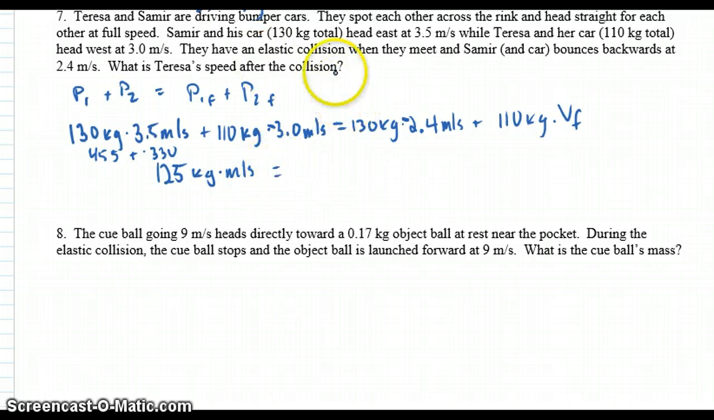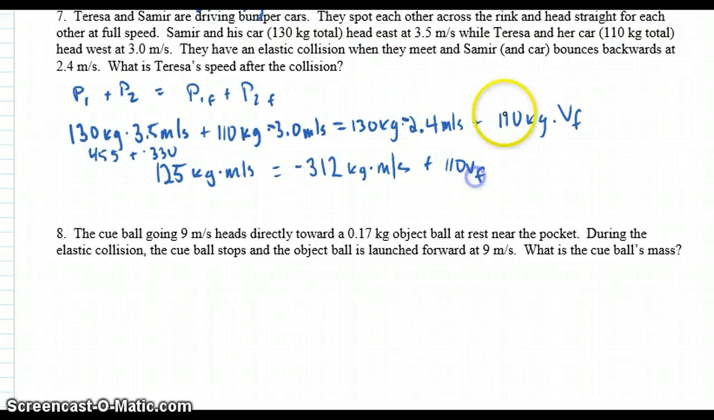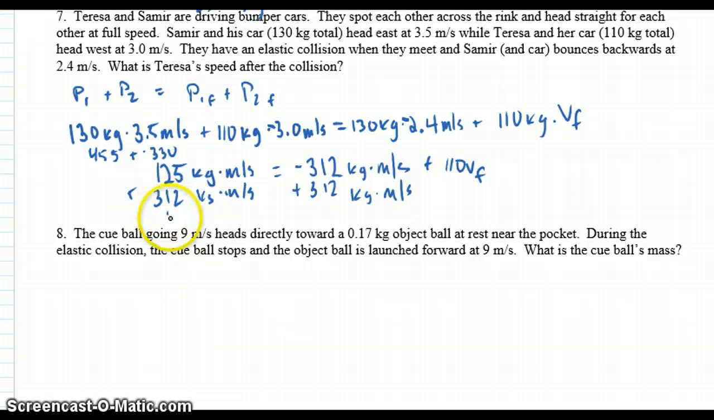second is equal to negative 312 kilograms times meters per second, and plus 110 times velocity final. Next, we add 312 to both sides, and we end up with 437 kilograms times meters per second equals